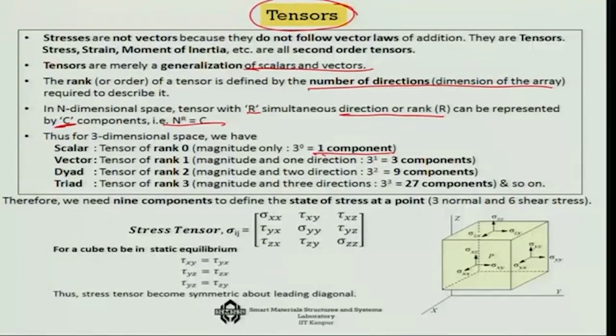Now, suppose we talk about how we move from a position A to a position B. So, now I do not only need the distance to cover, but also I need to say which direction I will be covering. For example, you have to go this way and this way, the combination of directions in order to reach this location. So, if you have this kind of a sense of direction, that means you have a magnitude as well as the direction that is associated. So, it is 3 to the power 1 now in a 3-dimensional space, that means you need 3 components,